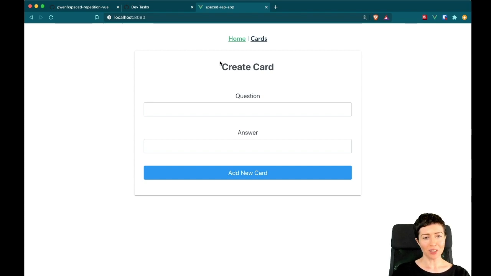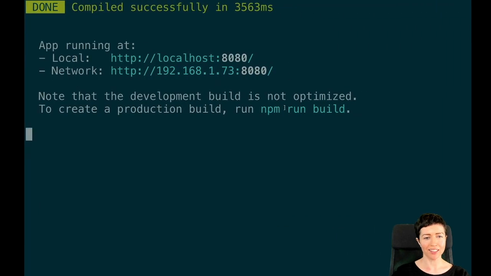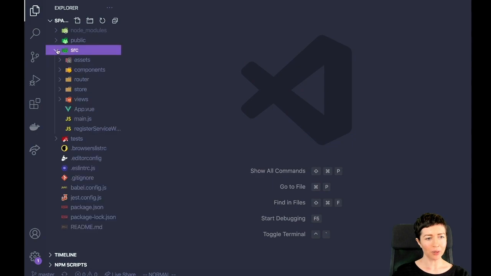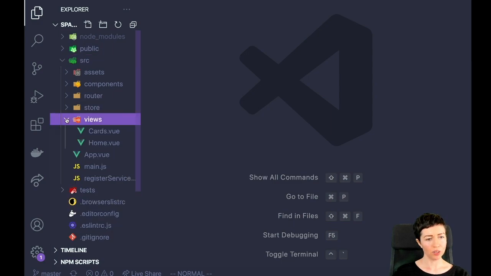Okay, so let me start in the code. I already have my server running here, that's why the app is working. So I'm gonna go into the code here, and let's see, views. I'm gonna zoom in one, that might be better. Let's see, views, cards. So I have cards, I have the home page, which,